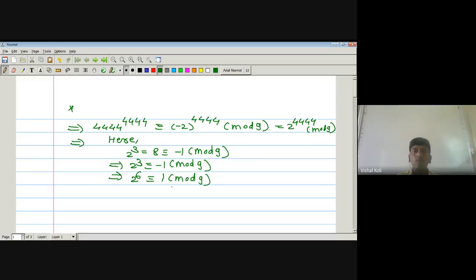Now we have to take the value of k in this way, then that k into 6 is going towards this number, that is 444. Okay, what should be the value of 6 into 700? Which is nothing but 0. 6 into 7, 42. Okay. What should be the value of 6 into 720?